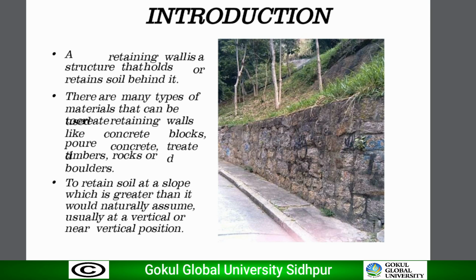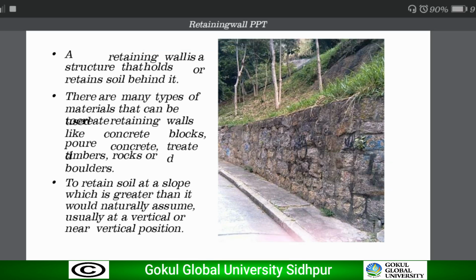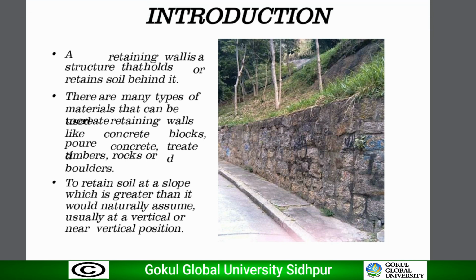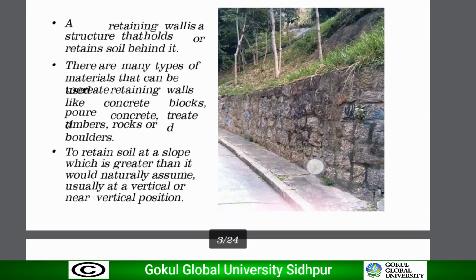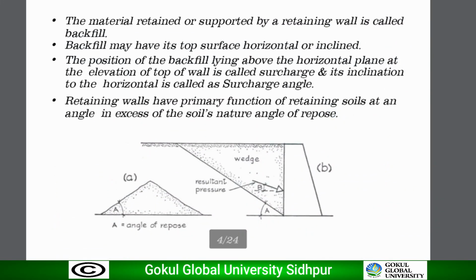piles are also used. Retaining walls are used to retain earth or other material which have a tendency to slide, and repose at a particular inclination. They provide lateral support to the backfill, embankment, or in other words to hold them in a vertical position. The material retained or supported by a retaining wall is called a backfill. Generally, backfill is the material retained by a retaining wall or other cantilever wall.